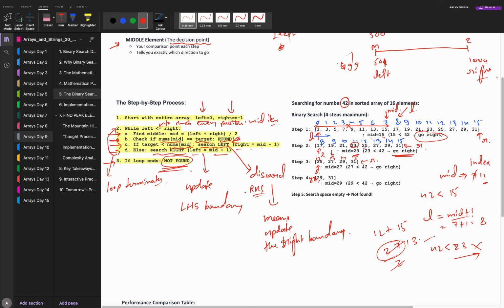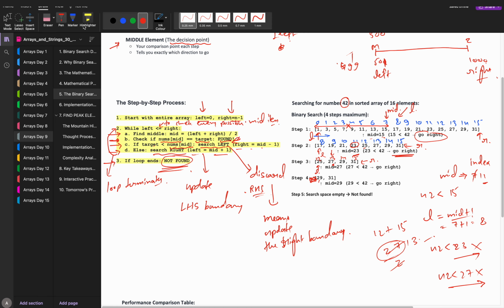1 2 3 4, yeah. So is my 27 item, यहाँ जो mid है, यहाँ 27 पे, yeah it is here. 27 जो है, is it greater than or smaller than 42? Obviously it is smaller, means 42 less than 27, false है. So where do I need to go? In the right-hand side only. Still go right. So mid plus 1.